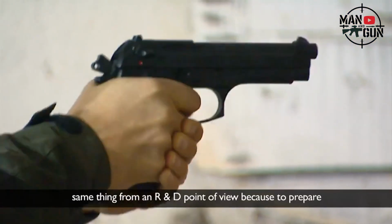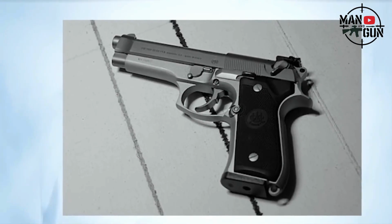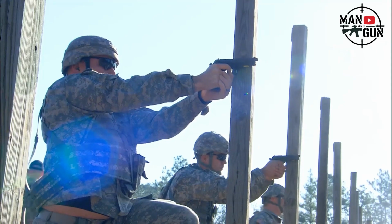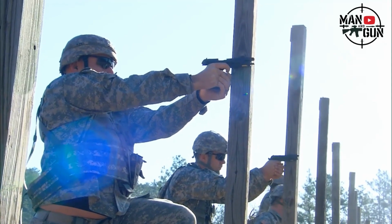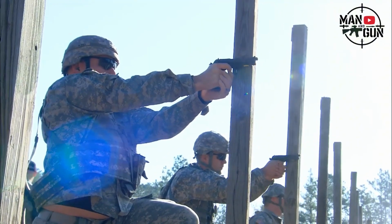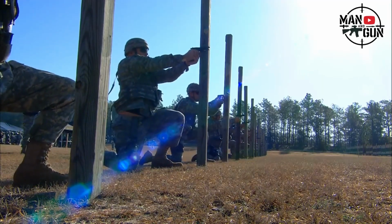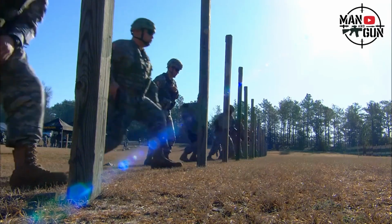Another issue mentioned was the exposed barrel, which could supposedly burn an agent's hand, something that seems more theoretical than an actual problem in the field. The double-action trigger pull was another factor that some agents struggled with, though this was common among pistols of its type. Despite these nitpicks, the Beretta 92 performed well in the FBI's qualification course and demonstrated that it was a